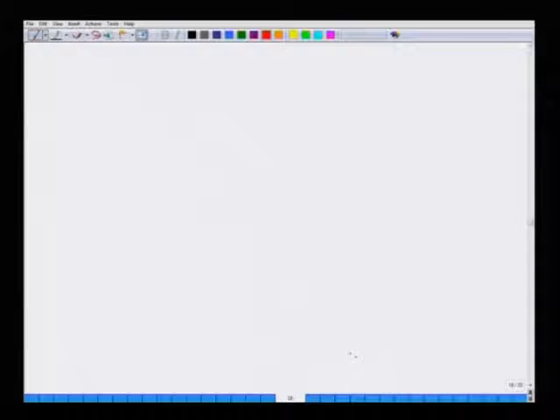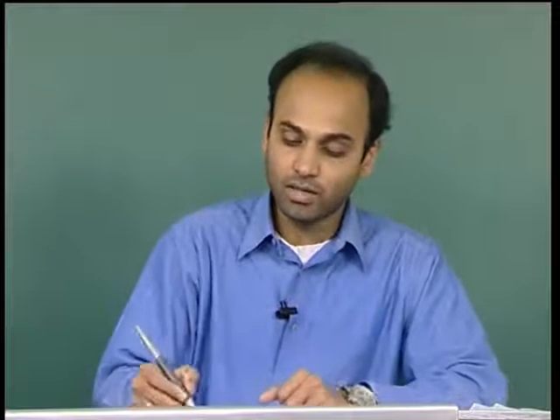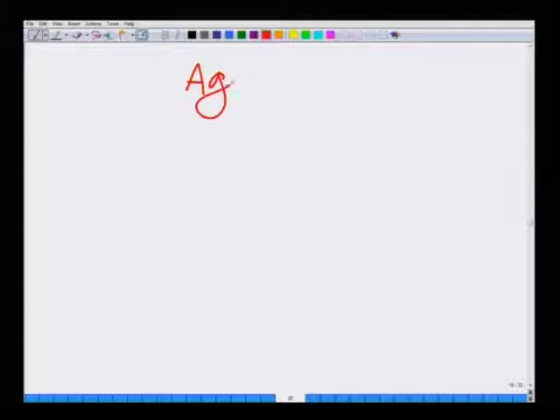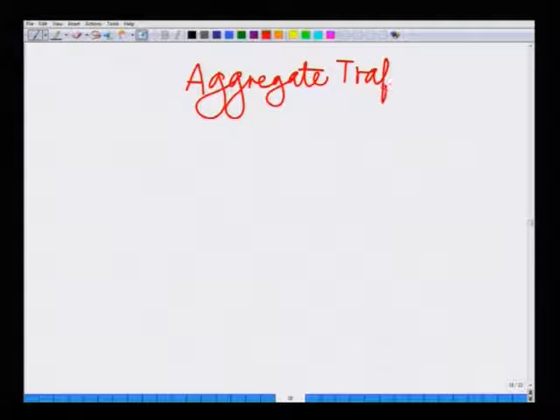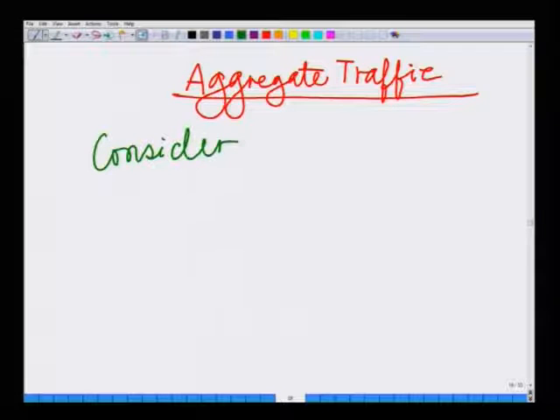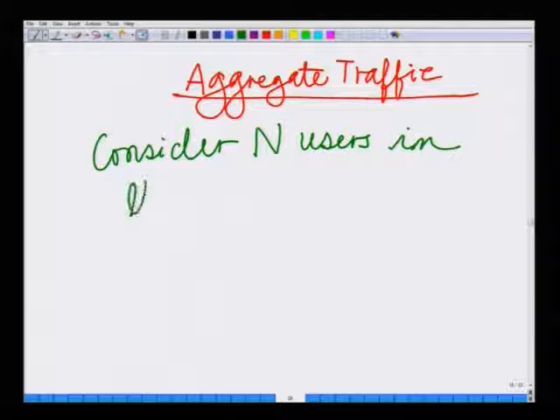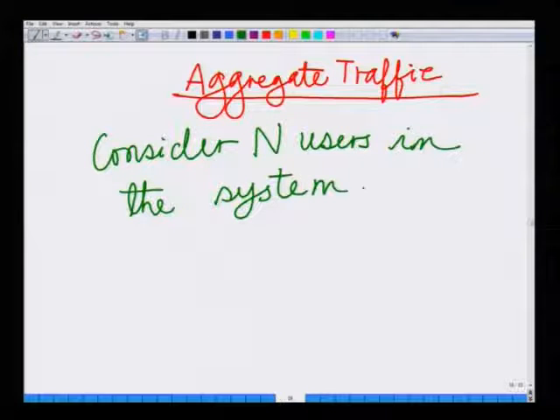Now, we can compute the aggregate traffic, which is the traffic given a large number of users. Let us consider n users in the system, then the total traffic now is given as